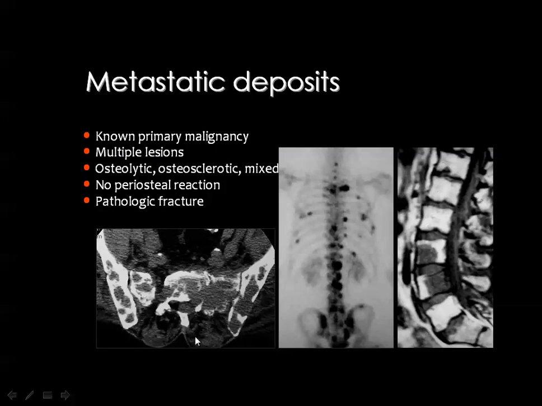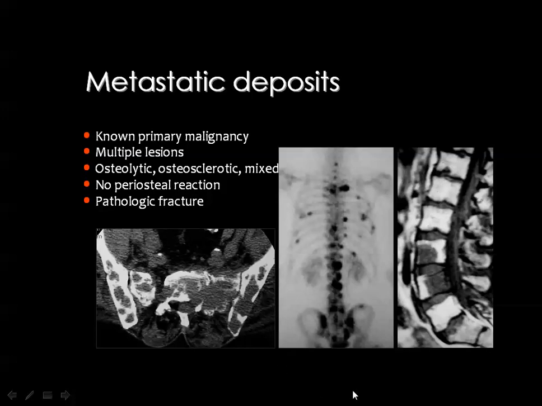But in cases of multiple lesions like this in the spine, I will emphasize this in the lecture of spinal tumors, the first possibility whenever you see multiple infiltrative bone marrow lesions, especially if they are of different sizes and affecting the neural elements, is that you think of metastatic deposits. And this is also a characteristic appearance by CT scan of metastasis in the pelvic bones as well as in